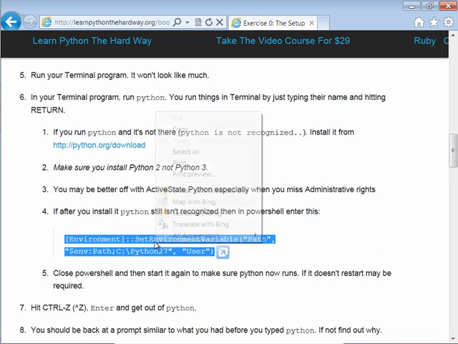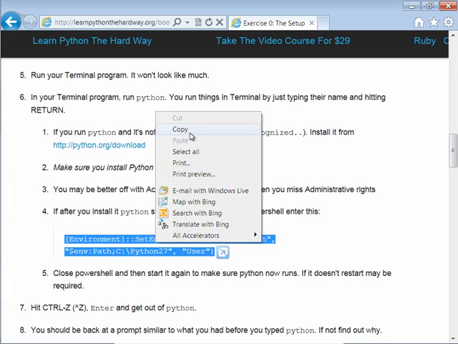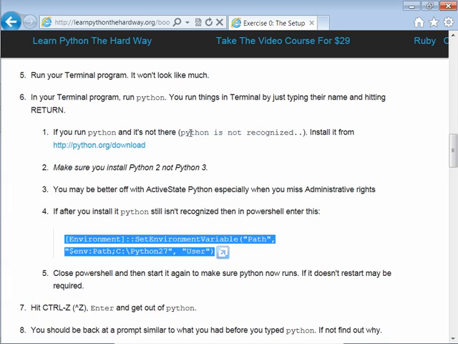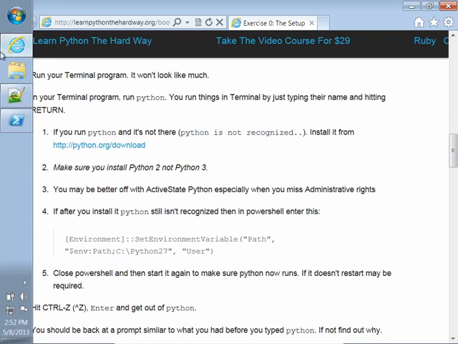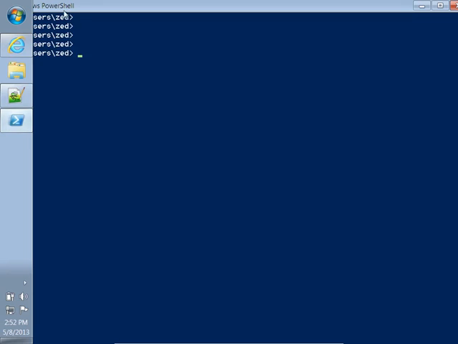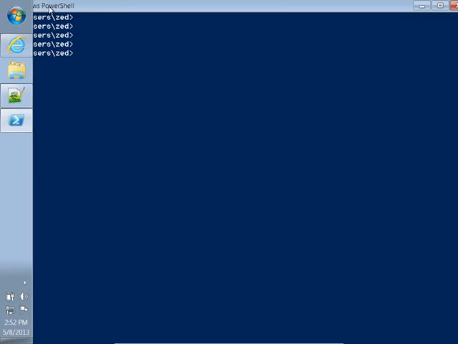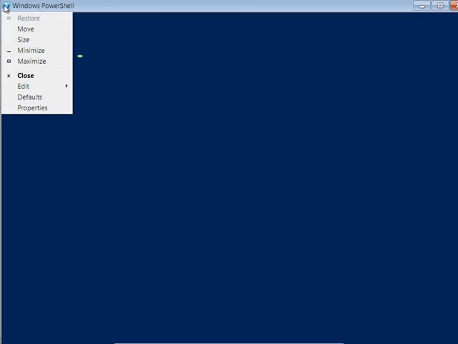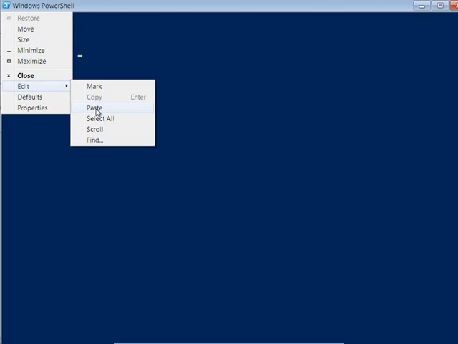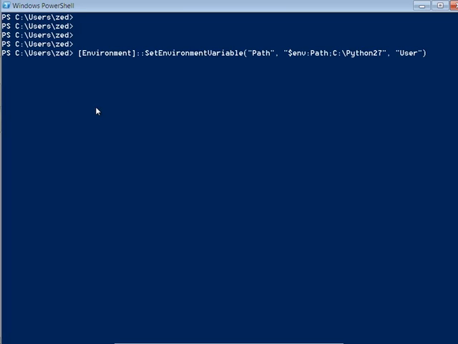So select it, copy. I just did a right click there and copied it. Come back to PowerShell. Now this is a little tricky. Don't click in here anywhere. Oh, see, it's very tricky. Click the icon up there, select Edit, and Paste. And there you go. Now hitting Enter,